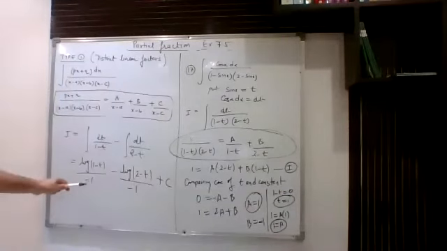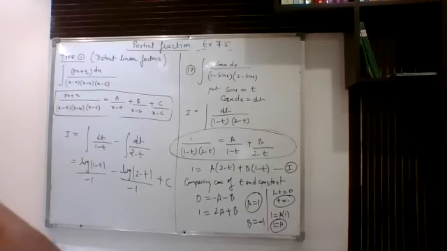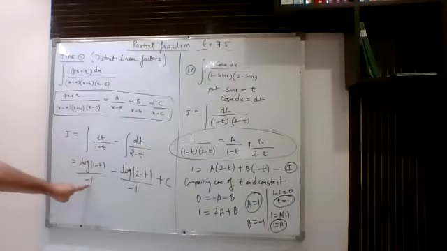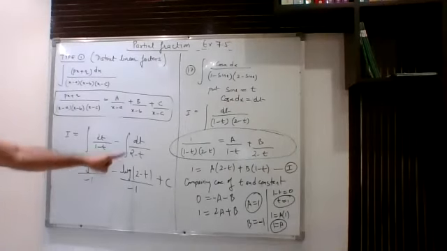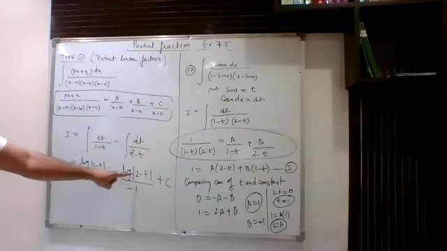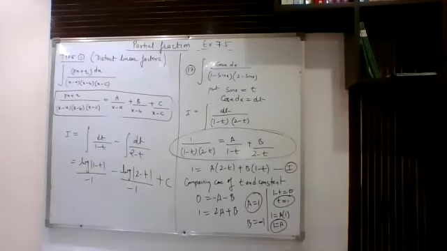Why we are getting this minus 1? Because of that extension formula. Because the role of a is being played by minus 1. So that is why, using that extension formula, you can see that we have to write minus 1 also. Because the role of a here is being played by minus 1. That is why. Similarly, here I can write this as log 2 minus t upon minus 1 plus c. At last you will put the value of t and you can leave the answer like that.